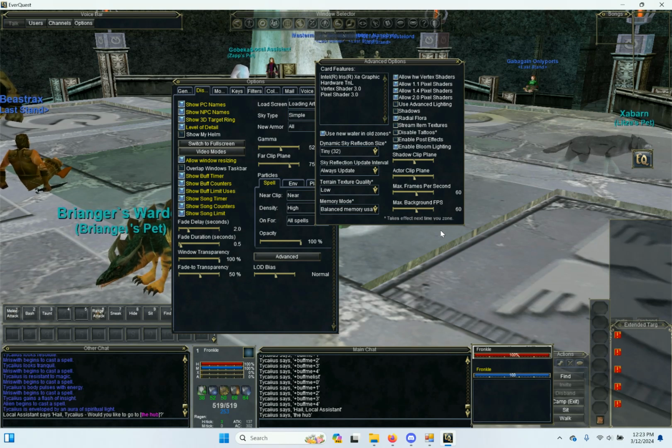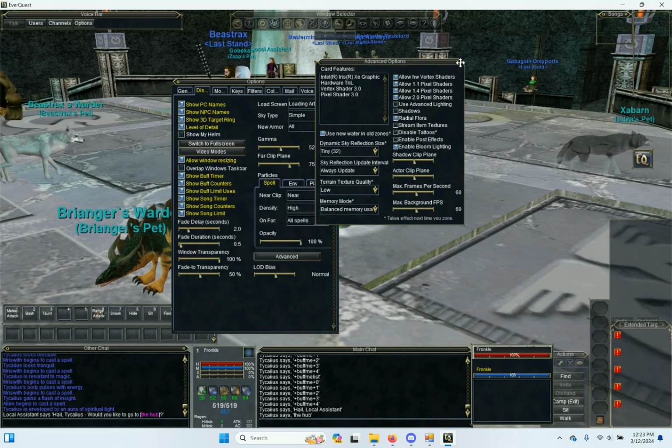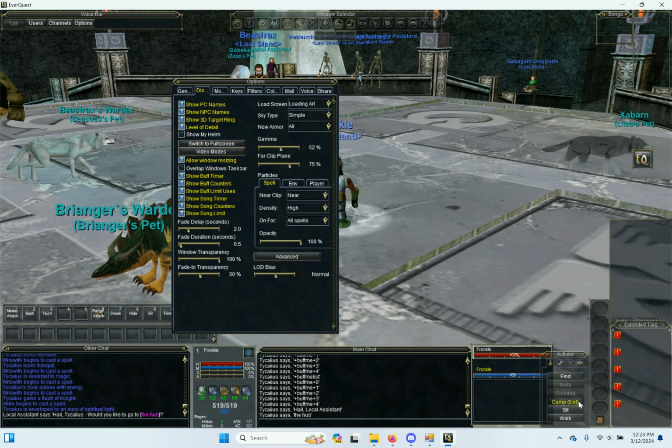So now you just need to camp out. I prefer to do this with only one open, because if you change the settings here and camp out, and you camp out on the other character and you haven't changed the settings, whoever you camp out last will update the settings. And so we want to make sure that all the characters we use from now on will have these settings. And so we can just go ahead and X out of that and hit the camp button,